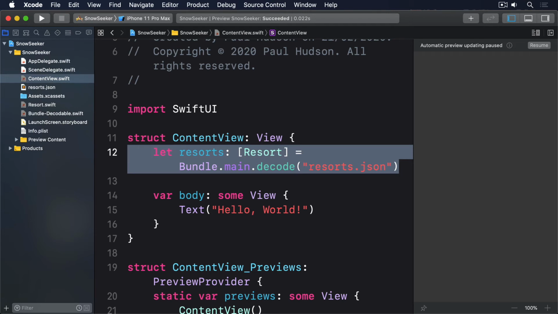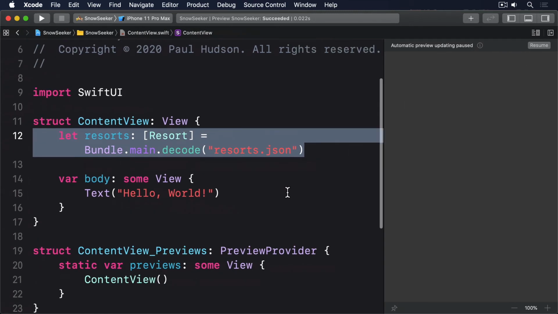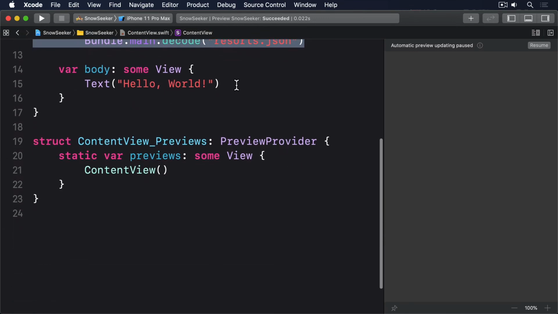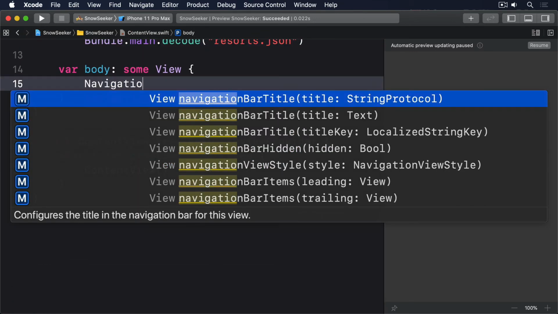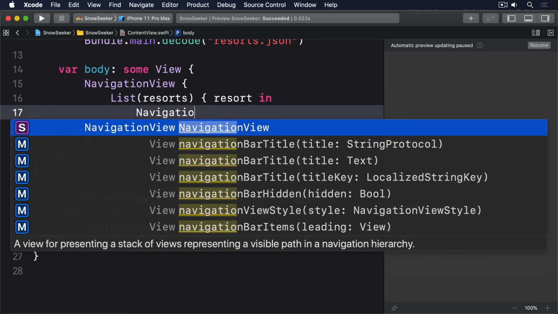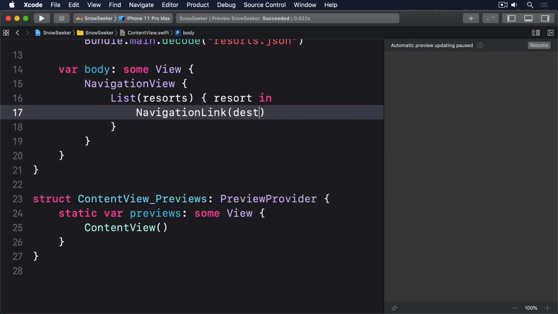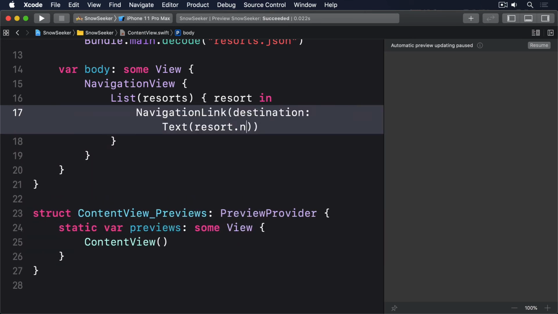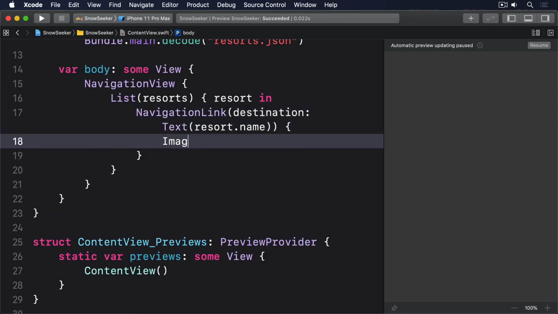When the rows are tapped, we're going to push to a detail view showing more information about the resort, but we haven't built that yet, so instead we'll just push to a temporary text view as a placeholder. Replace your current body property with this. A navigation view, list of our resorts, resort in, a navigation link, pointing to the destination of the text of our resort name. Inside there will be an image of our country,